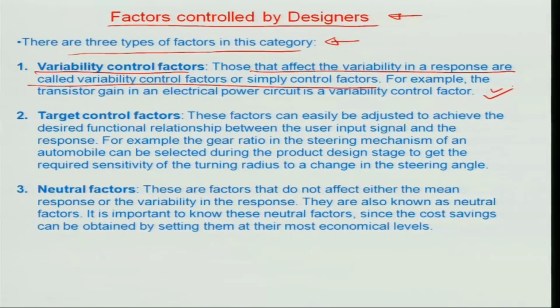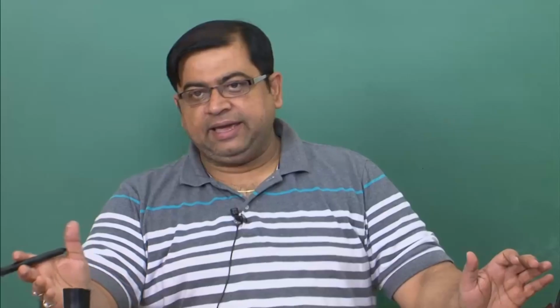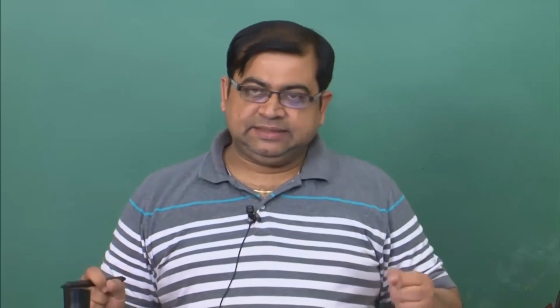The other important factor which is in the control of the designers are called the target control factors, and these are factors which can be easily adjusted to achieve the desired functional relationship between the user input signal and the response. For example, let us go back to the case of the steering wheel and the customer who is a driver of a car. Now, if he turns the steering wheel by angle theta, obviously the amount of angular turn or bend of the car would be